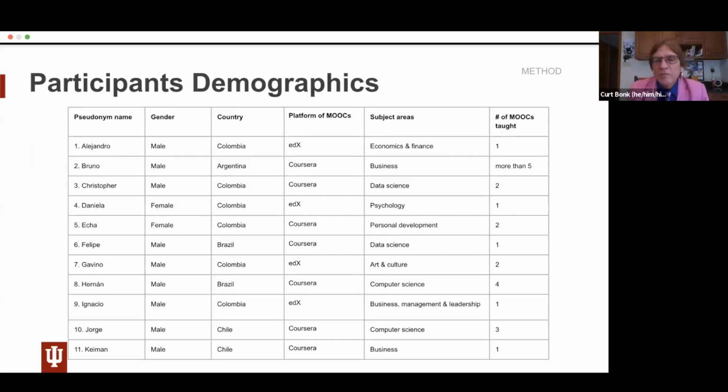So you can see there are people teaching psychology, data science, economics, computer science. But what I will say is these were highly energized people. They were not frustrated by offering MOOCs. They were really excited and interested in how they could provide alternative learning opportunities for the citizens of their country or around the planet. And many were partnering with other instructors in Europe. So it's quite interesting. I recommend that if you're doing a study like this, you'll get enlightened as to what's happening in South America or other parts of the world.